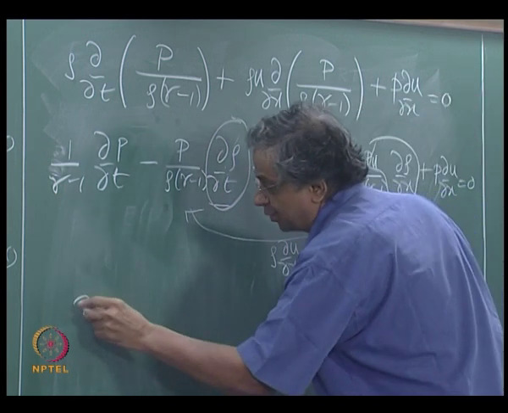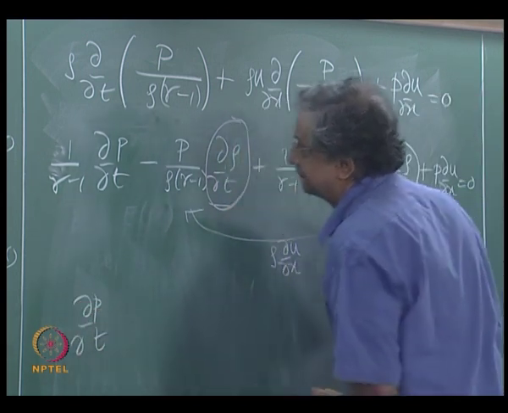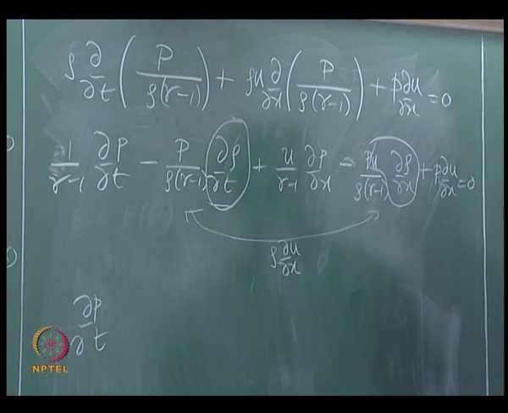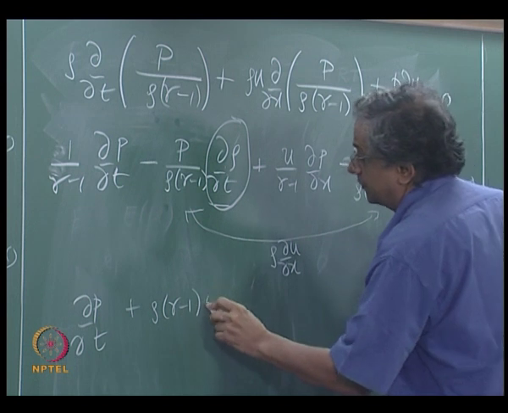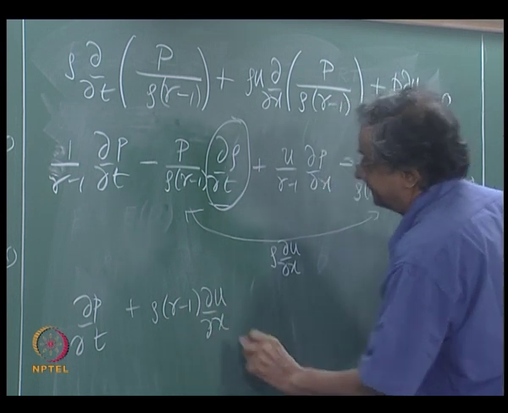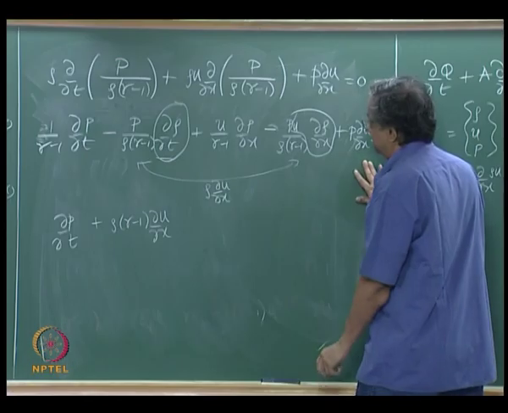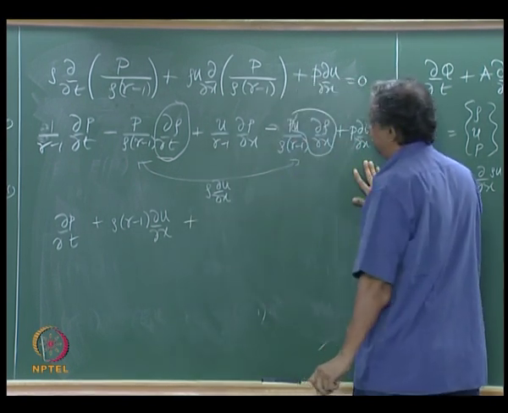So I get ∂p/∂t plus rho times (γ−1) ∂u/∂x plus